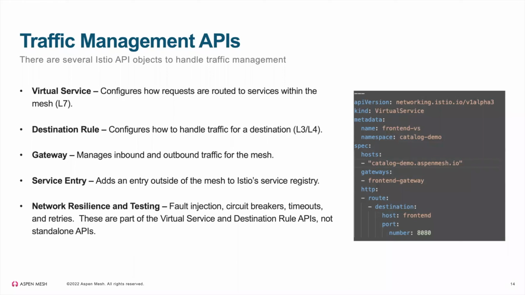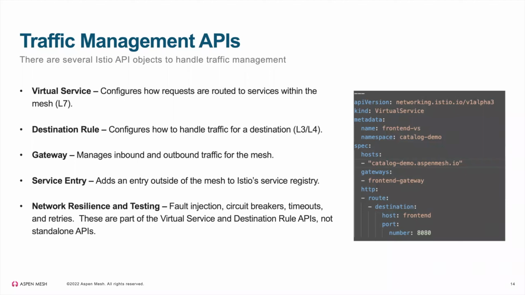And so you can do things like traffic splitting and weighted routing, and anything that really deals with layer 7 types of things that virtual service handles. And a destination rule is more at the layer 3, layer 4 level. So with a destination rule, you can apply TLS policies. You can do connection timeouts, things at that layer. But they do go in conjunction with each other. Usually if you have one, you have the other. But those are the ones that give you all the sophisticated routing and management.